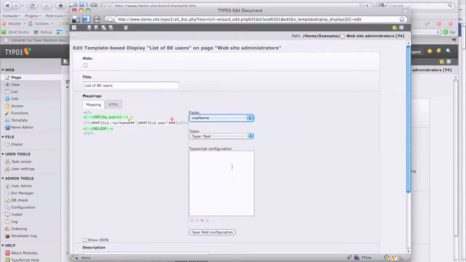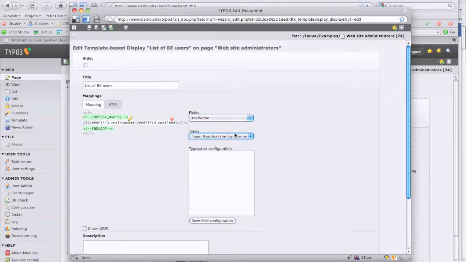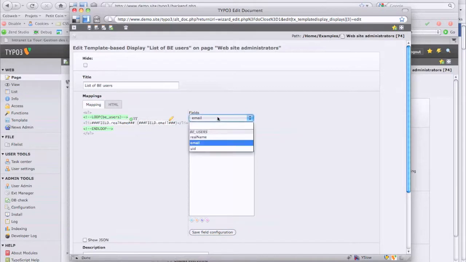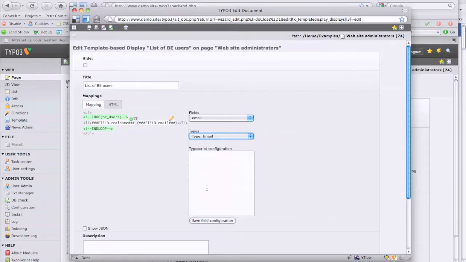There's a TypoScript configuration box below, which we don't need in this case. So actually we're going to use a type called raw text, because there's no special operation to perform. Then for the email field, it is also automatically matched to the database field because we use the same name. And here we choose the type email. This will automatically use the email address to create a link using the typolink function. We save the field configuration, and we can now close our window